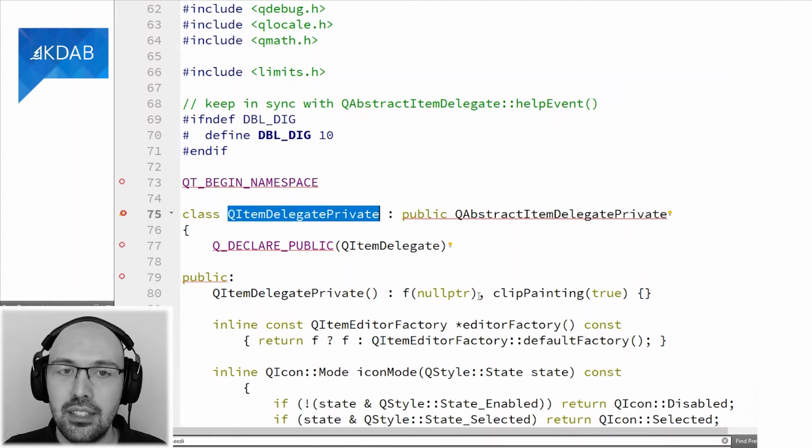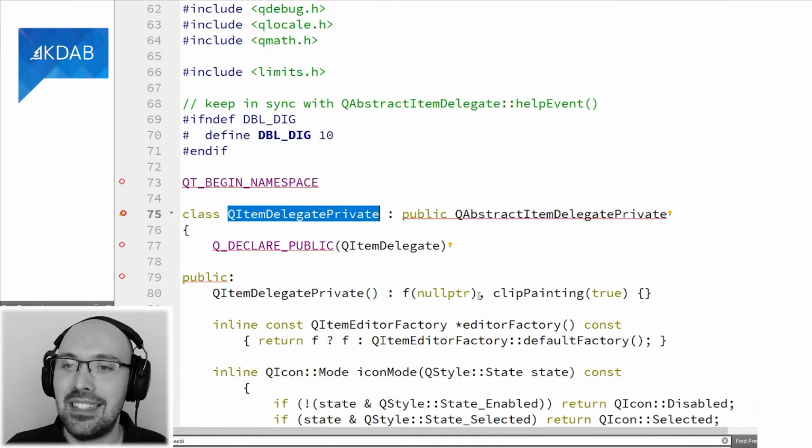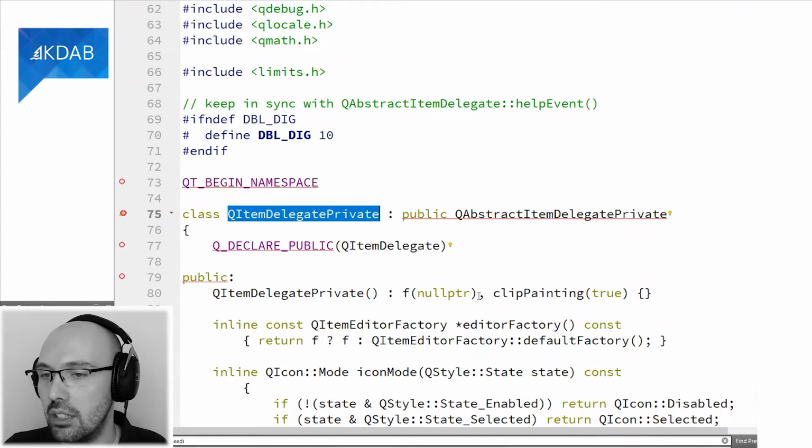You can find right here the class QItemDelegatePrivate. Again, that's a private class. No one is meant to use it except QItemDelegate itself for its own implementation purposes. So I'm just going to define it entirely inside my CPP file, and I'm going to use it entirely from within this CPP file. So that's one way to find it.